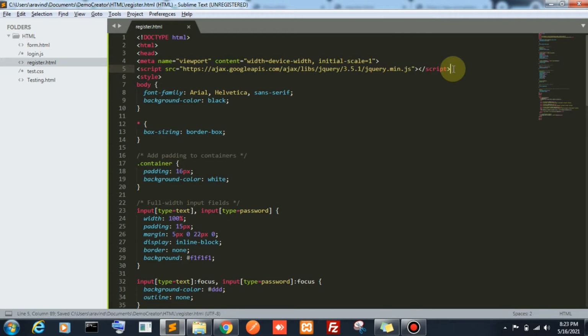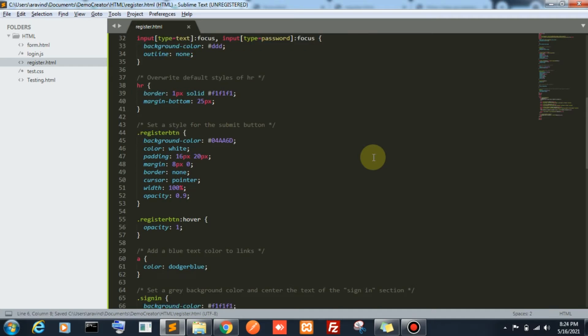The best place to put the jQuery library import is on the first top line of all the script tags. You might work on a website or wherever you go, there should be a jQuery min.js file. The best place for this file is the top of all the script tags. So I prefer to use it on the top. The top thing will be a meta tag, and after the meta tag I will use this jQuery script tag.